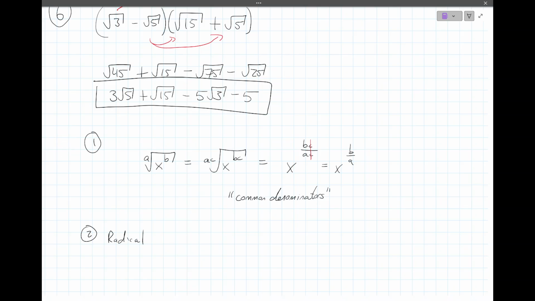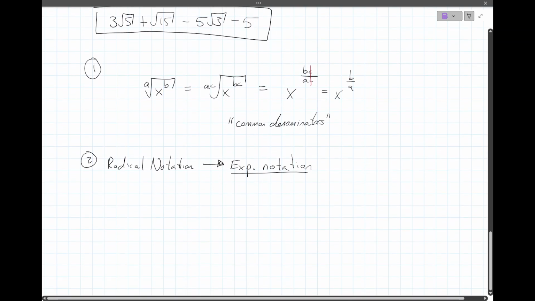So radical notation to exponent notation, right? We want to use exponent notation where we can, much more powerful. We want to write it with exponents where possible, much more powerful, more reasonable. So what does that mean? Well, if I have